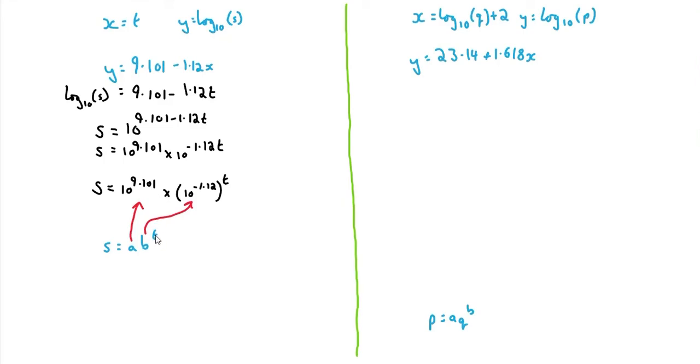For when t is 0, that's going to make this entire b to the power of t term just equal 1, because anything to the power of 0 is 1. So it's 1 times a, so a is whatever you're starting with. And then for b, we'll be saying that for every one of whatever t is, s gets multiplied by this